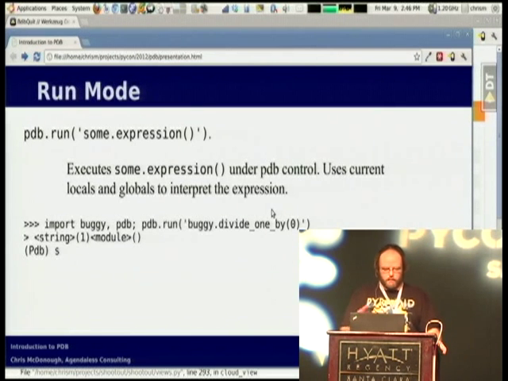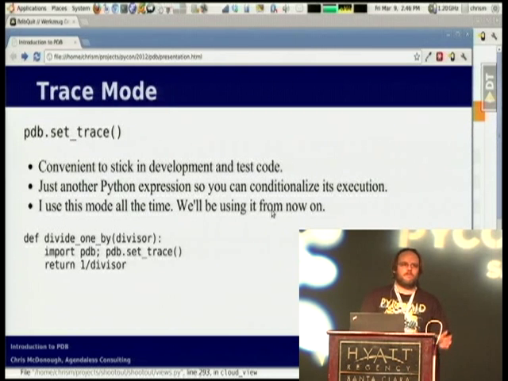All that said, I've got one more mode. There's this other mode where we can import pdb and run an expression under pdb and get to the prompt that way. All of these modes are fairly interesting, but the main mode that I want to talk about is